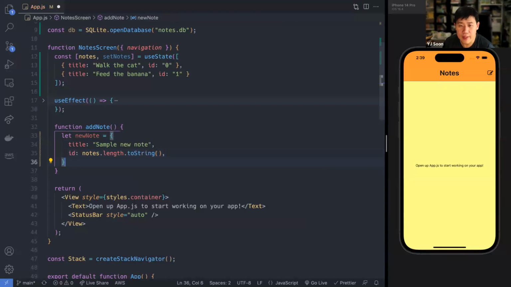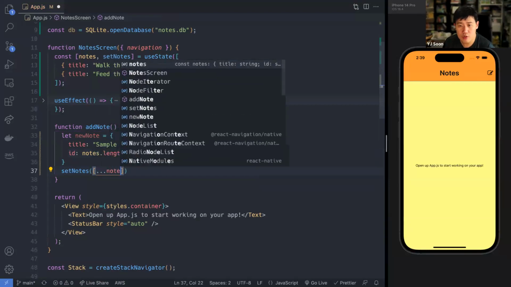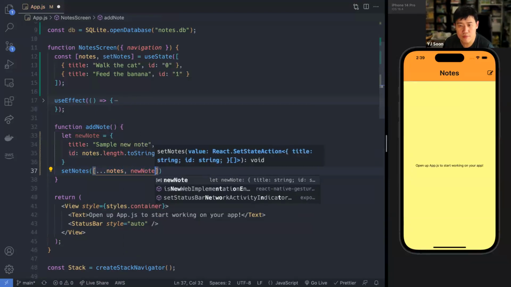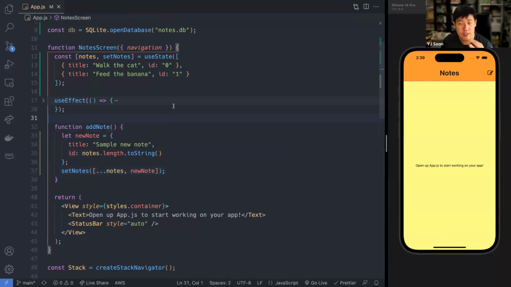And down here I'm going to say set notes using ...notes and new note. None of this should be very surprising. This is just how you work with a list app. So far so good. Any questions?